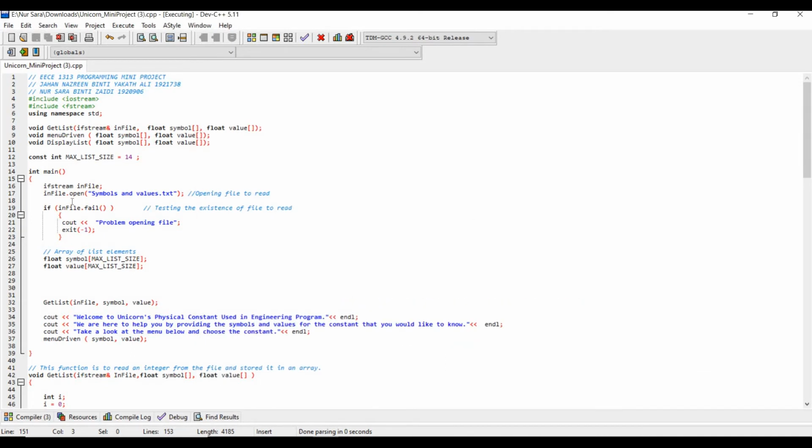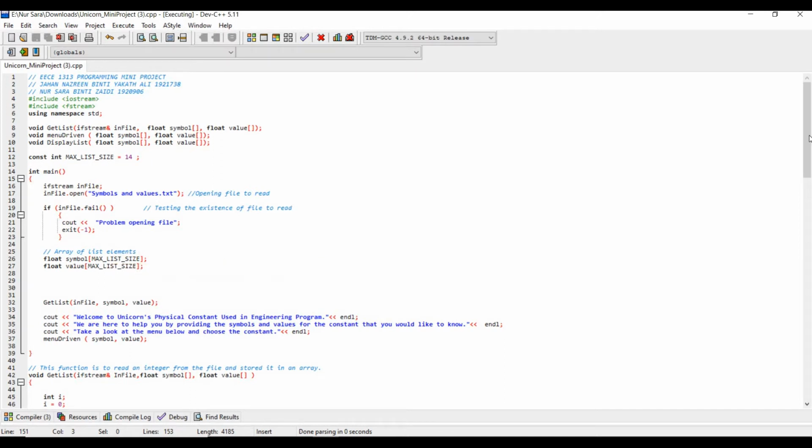Next, we have also created an if statement to test the existence of the file, if there is a problem at opening a file. In line 26 until line 27, we have another data type called float, where the two variables are symbol and value. And these array sizes are declared as